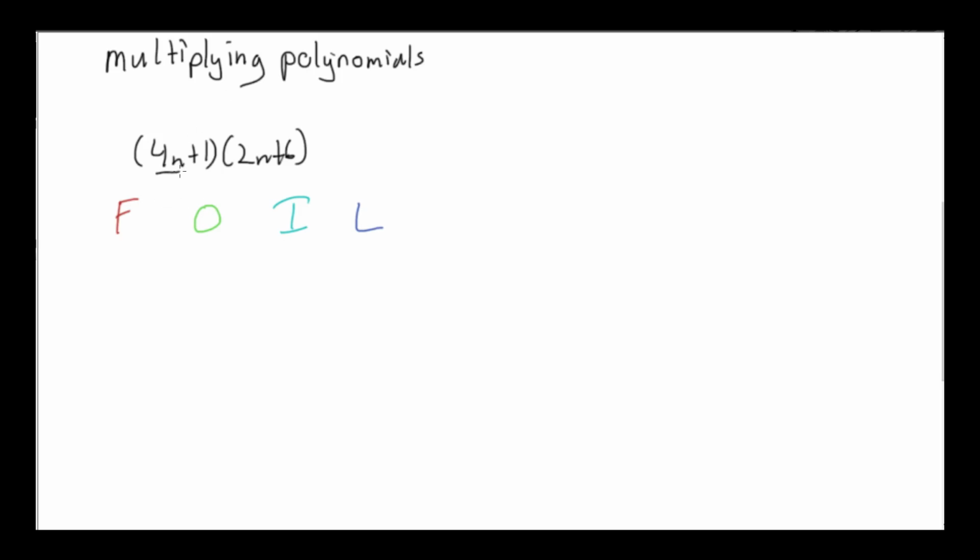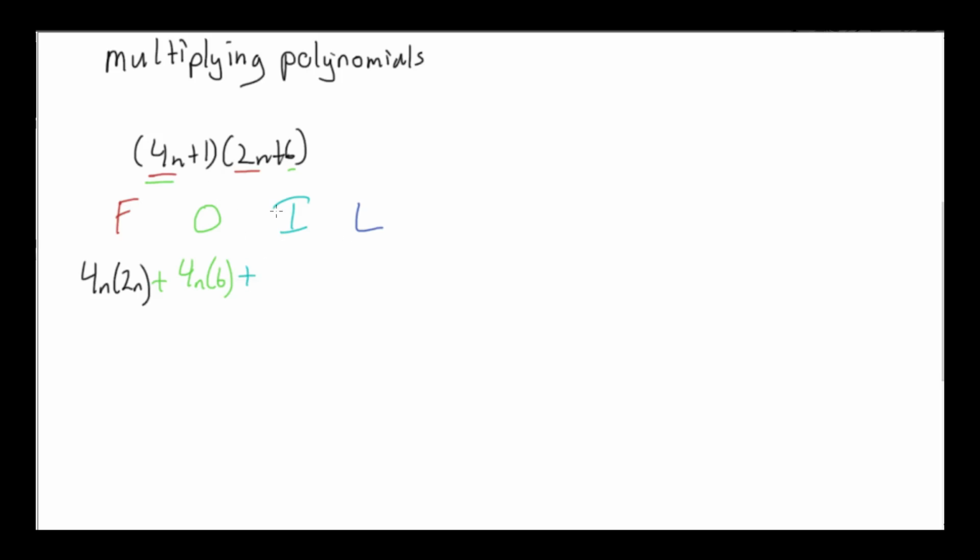So we have our first, let's do it in red. Our first terms in each polynomial expression. So we're going to have 4n times 2n. Then we're going to move on to our outer. It's the 2 on the outside. Seems pretty straightforward. And we have a plus. We're going to add them together. So we have 4n times 6